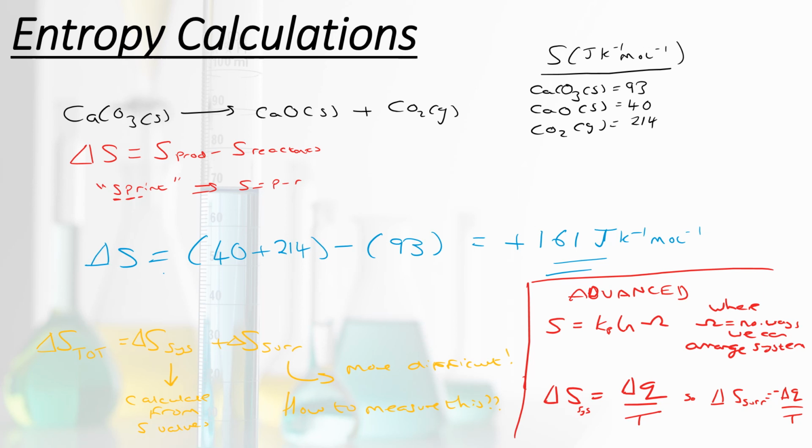Now, omega actually stands for the number of ways that we can arrange our system. I've been talking about the number of ways we can arrange the products or the reactants, and that's why I said that a gas has a much higher entropy than a liquid, which has a much higher entropy than a solid, because there are more ways that our system can be arranged. There are more places the particles can be in different arrangements. And so if that omega value is greater, the entropy value is greater.